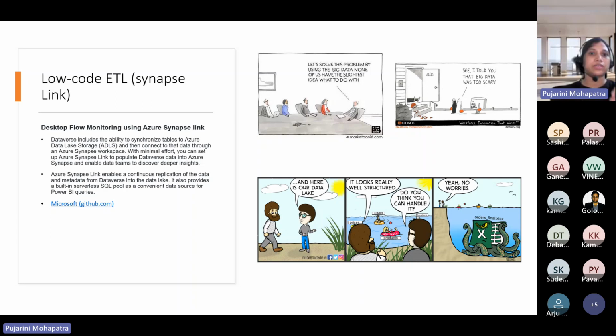But in this particular session, I would guide you through desktop flow monitoring, because if you are using any kind of desktop flow or RPA in your organization, how can you monitor those pieces at scale as well? Right, so this is all about, when people think about big data, they think it is really scary